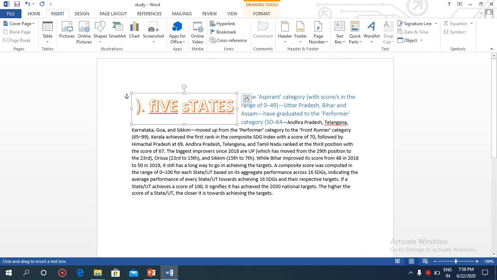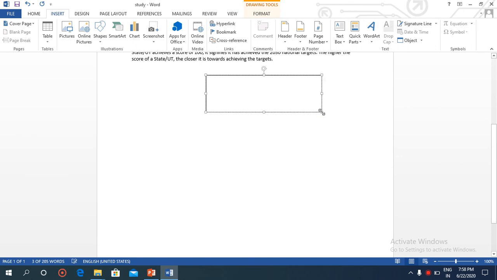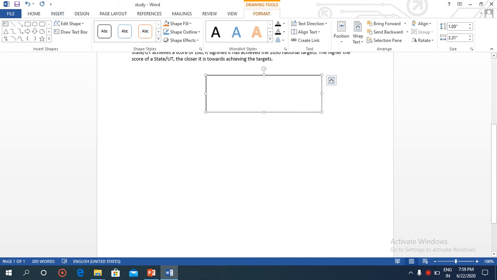From here, draw text box, you will see a plus sign. With the help of this plus sign, you can draw a text box. In this way, this text box, and your cursor will be inserted here. With the help of the keyboard, you can type anything here. Just like we can say text box. In this way, you can type any word in the text box. This was the procedure for that.